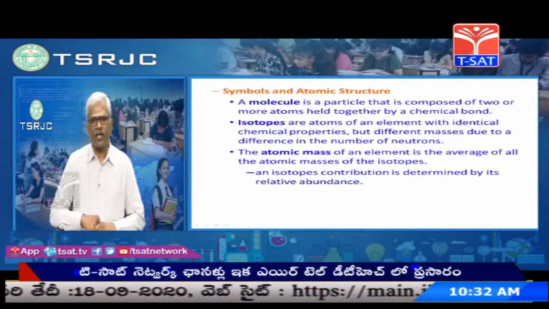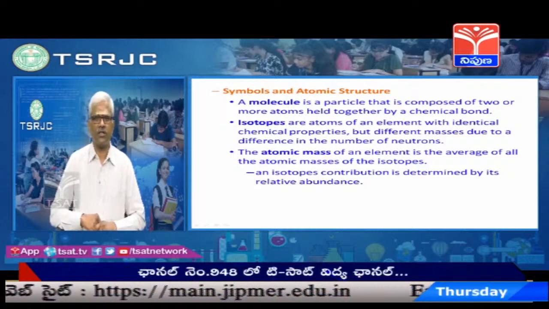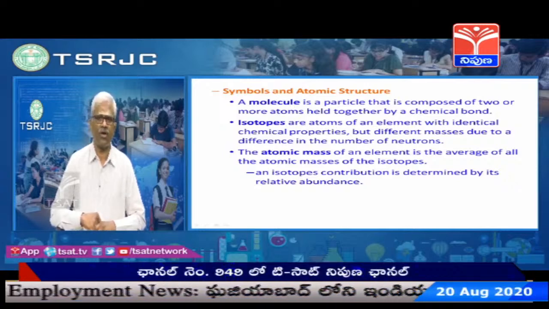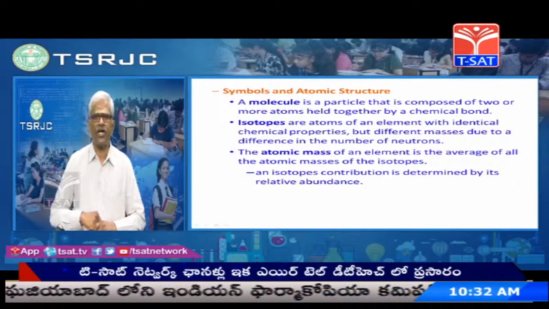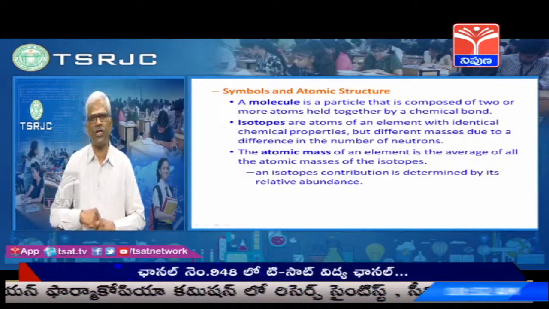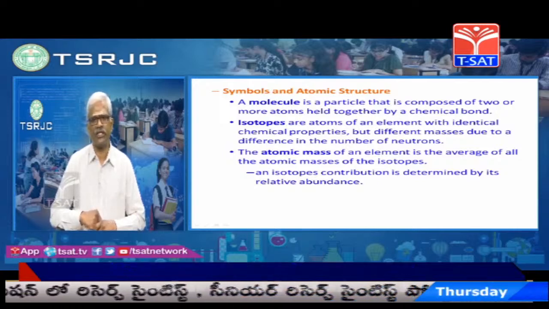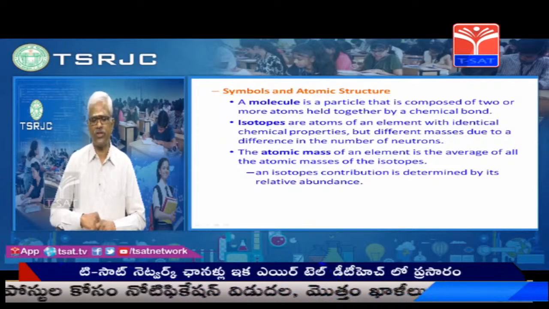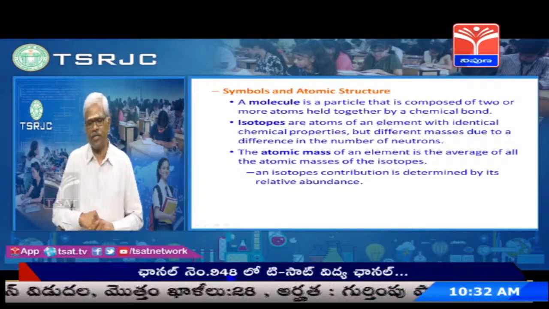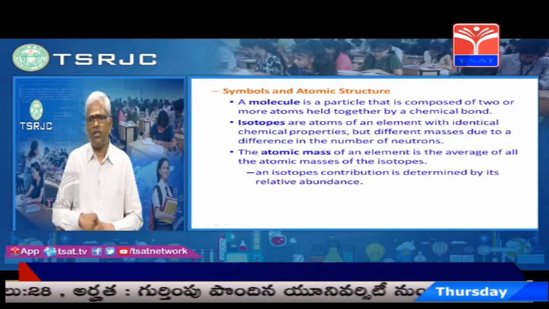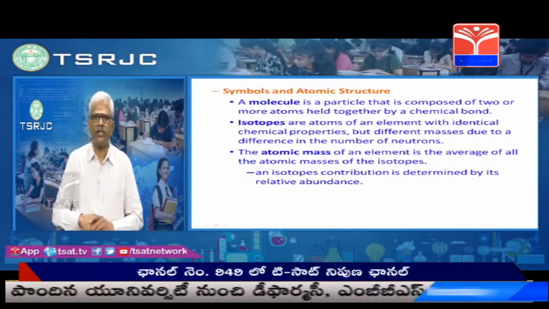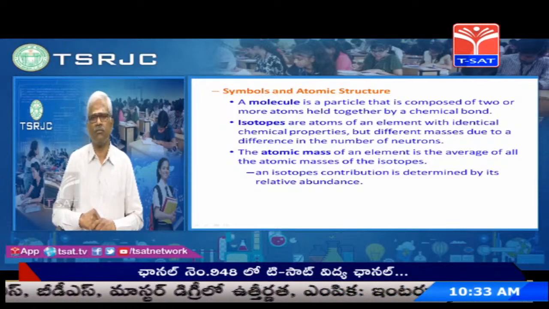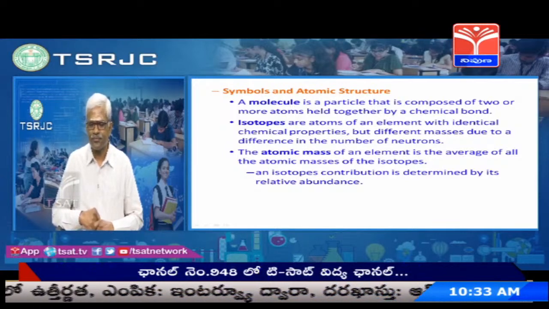Helium, argon, krypton, these are considered inert gases because they will not participate in any chemical process. It is very difficult to make a chemical reaction with these inert gas elements. Except those inert gas elements, all the atoms are unstable and they will try to combine with any other atom to form a compound.